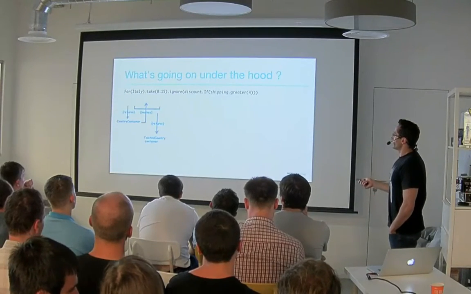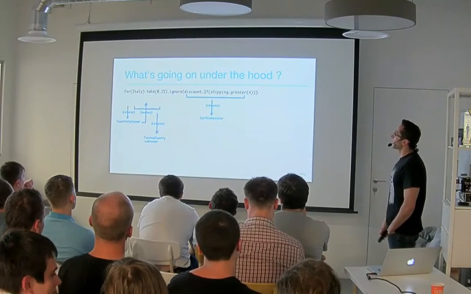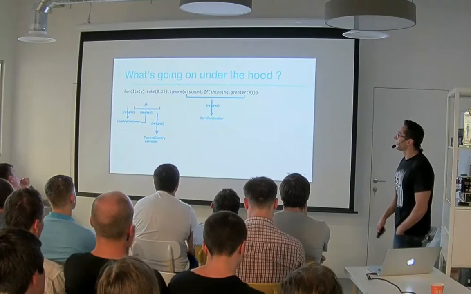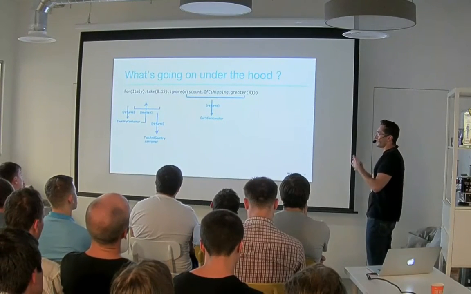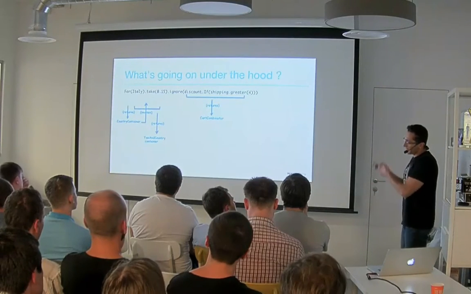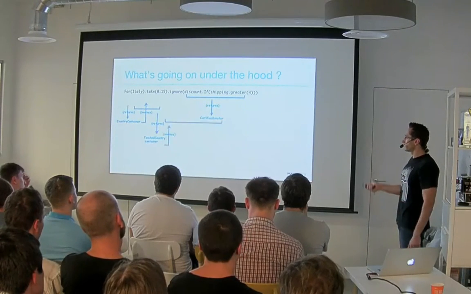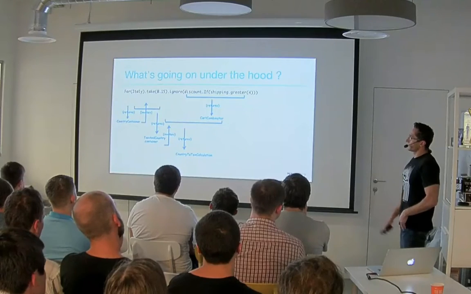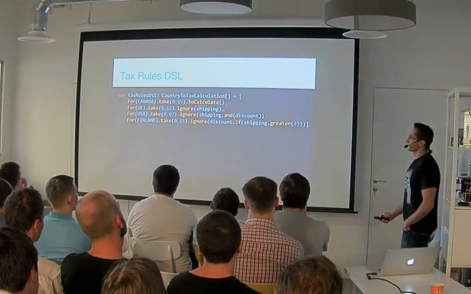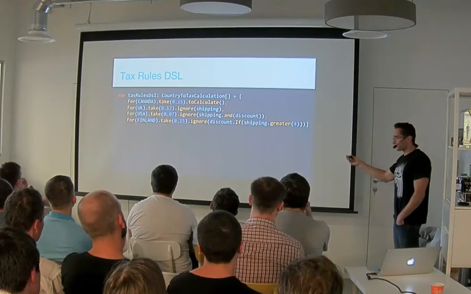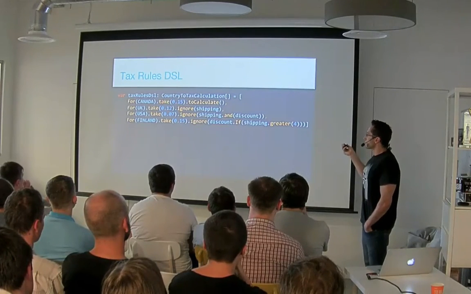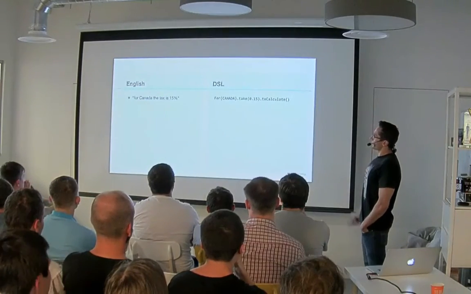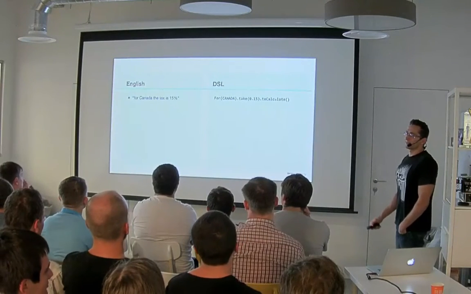And as you imagine, this discount if shipping greater than 4, in the end, after we combine all the count combinators we defined, we get a new count combinator, which we pass back to the ignore function. And in the end, we get our country to text calculation. So this is the final DSL. This is how it looks. Pretty cool. And we can compare it even to the English requirement that we got in the beginning.